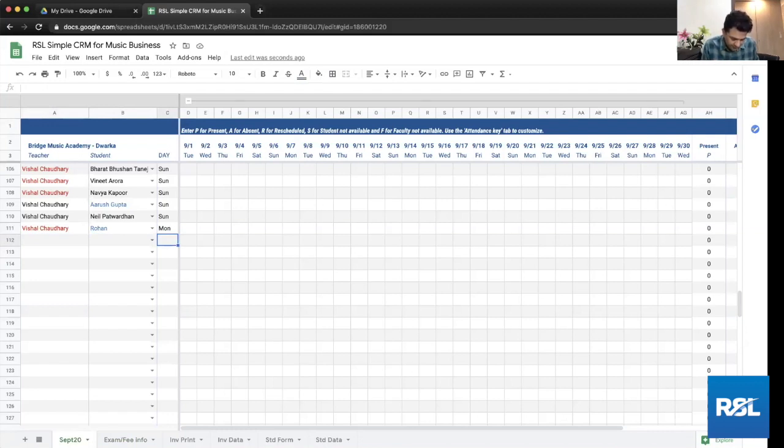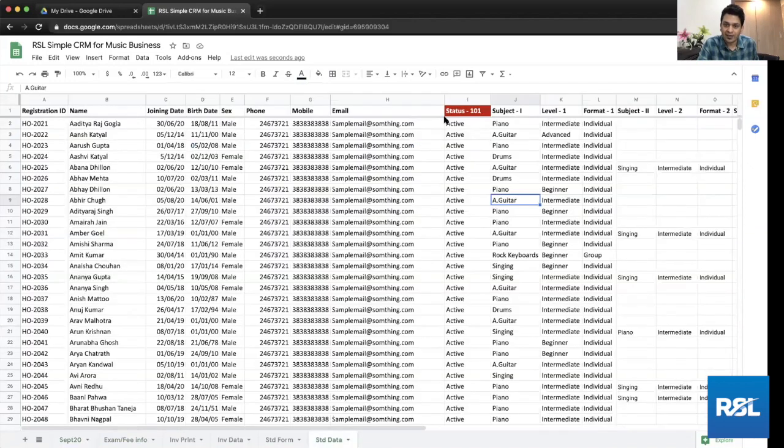Functionality I've already done. Student details I've done. Active student count, I've shown you how the active student count is going to show on the student data file, right on the top. You can add the count for the second subject and the third subject also, but there's no guarantee that it's going to give you a count of the active students. It's just going to count how many of these rows have a subject assigned to it. I can share that formula later if you really want.